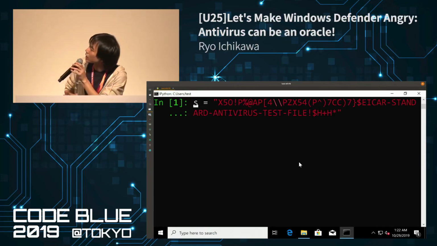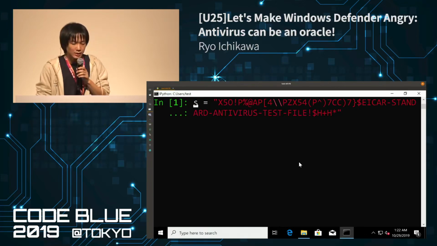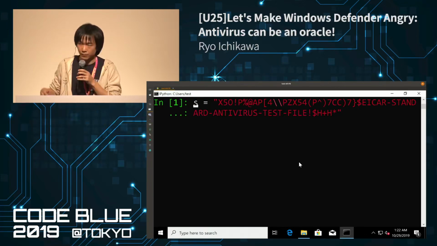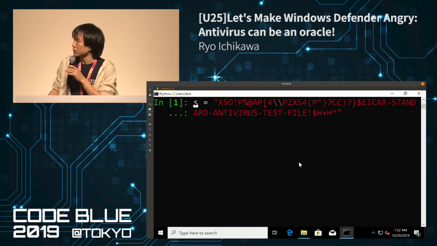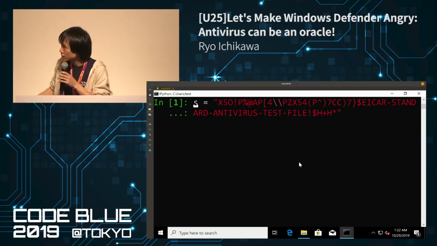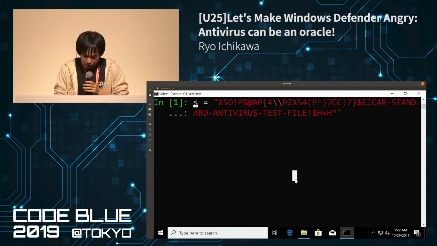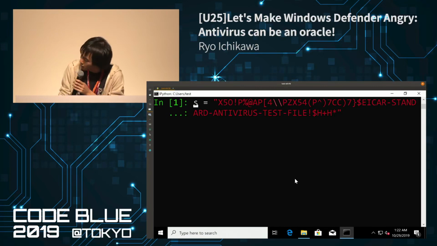So this is called Acre. Acre is a signature to test some antivirus software. Basically, this signature is totally not malicious, and is just for testing. Okay, let's start.